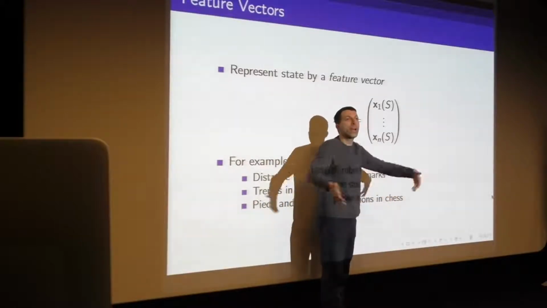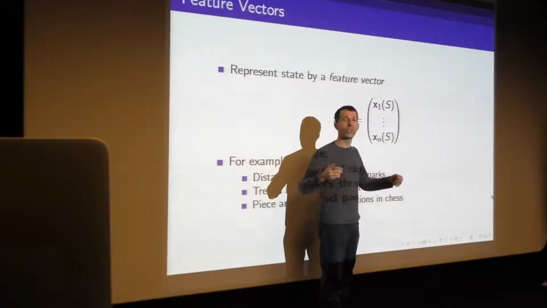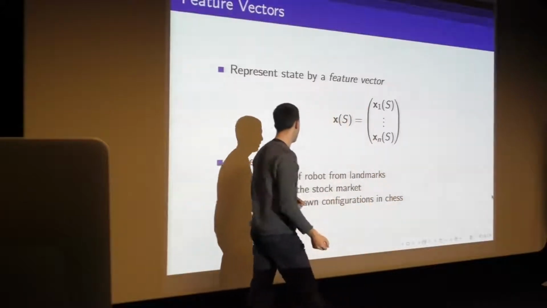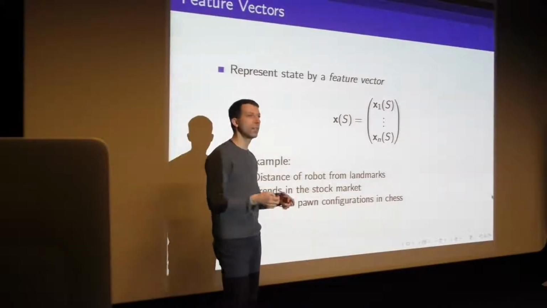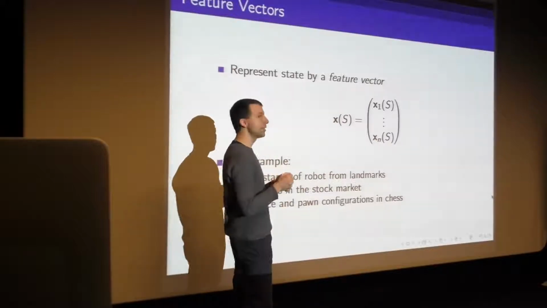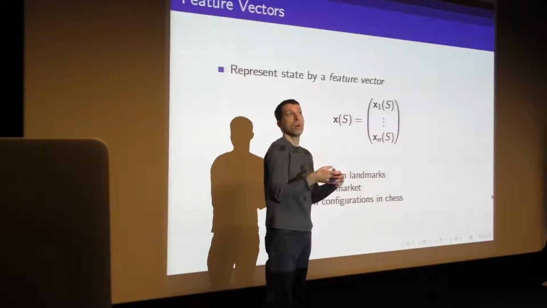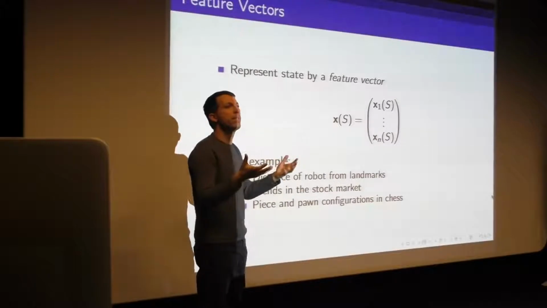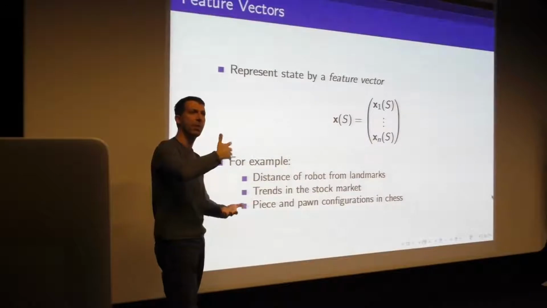And the feature vector throws away a lot of information. I'm no longer considering exactly what I'm seeing, and I'm compressing all of my knowledge into this feature vector. But if these features are good, it can make the learning problem much easier. It could be some trends in the stock market, or if we're playing a game, it could be which configurations of pieces or pawns are present on a chessboard. These are all valid choices of feature vector. And each feature is just one number telling you some piece of information about your state. And the collection of these features is trying to summarize in some compact way what's going on in the